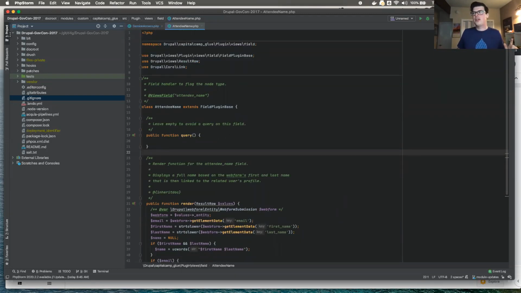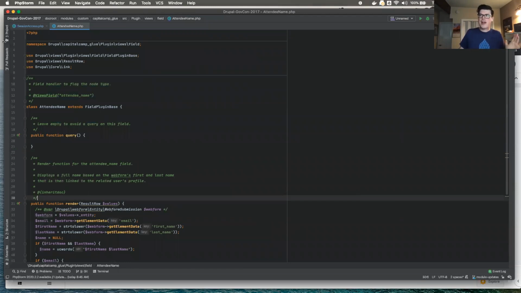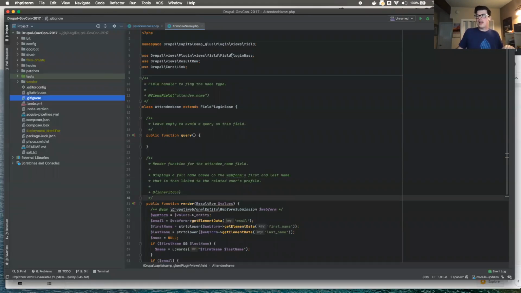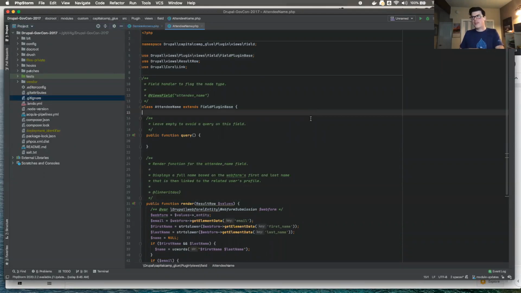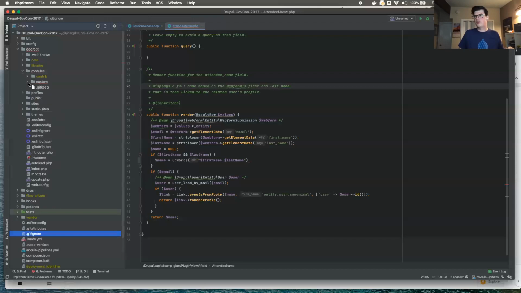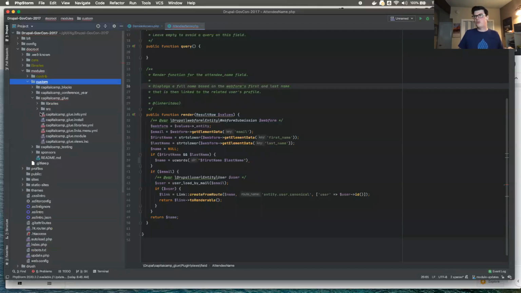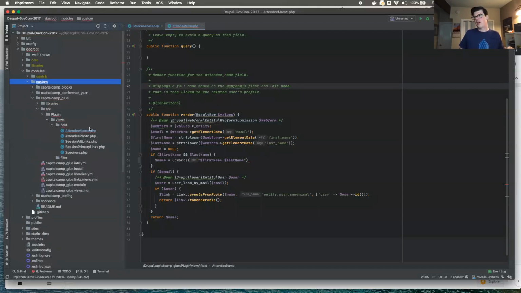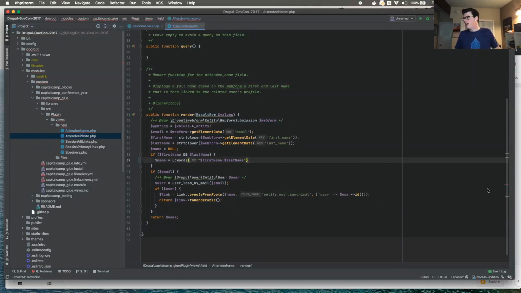If this disappears, oh crap, how do I get that back? Understanding how to jump down and find something, understanding what your IDE is going to do when you make a mistake. Again, in PHP Storm, you can actually see over here on the left that now my entire project is red squiggled. I can follow that red squiggle all the way down to where I made my mistake, and it'll show me exactly where and what. You can see there's a little red bar over here, which is pretty slick.